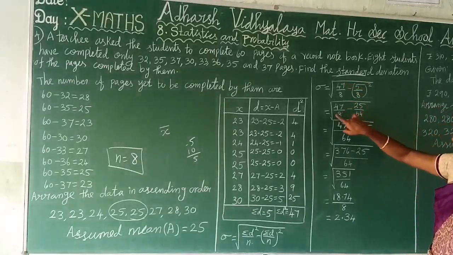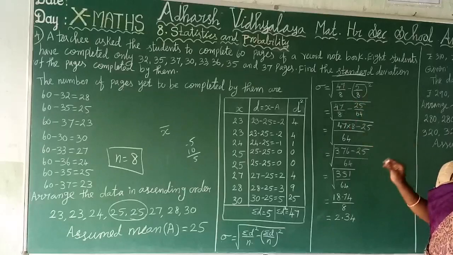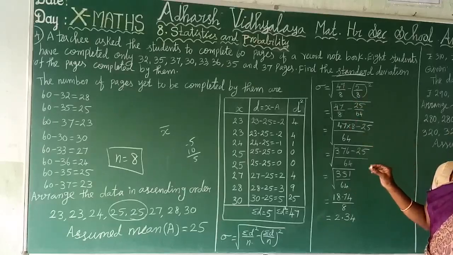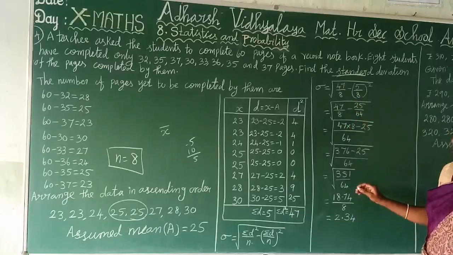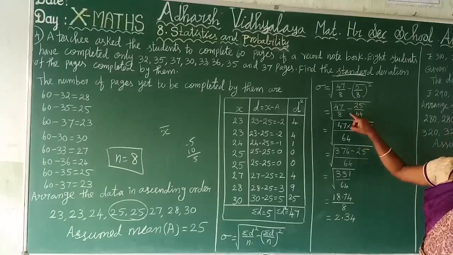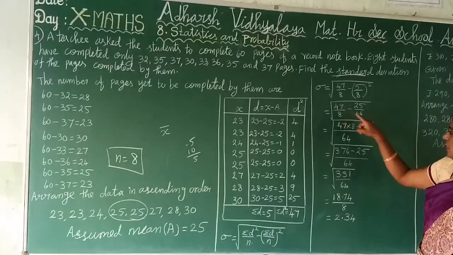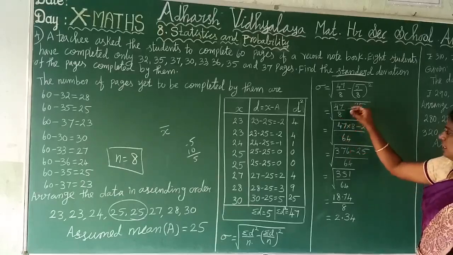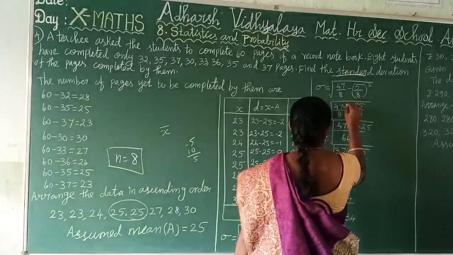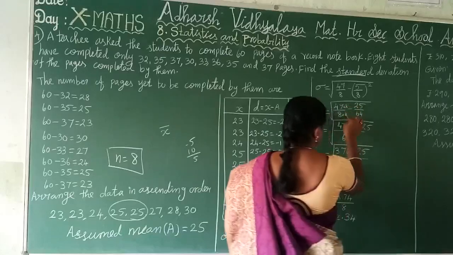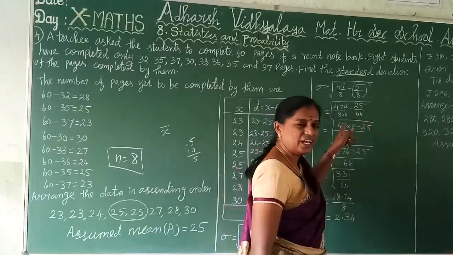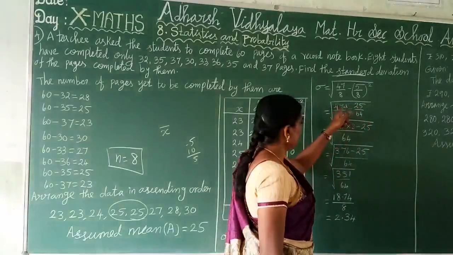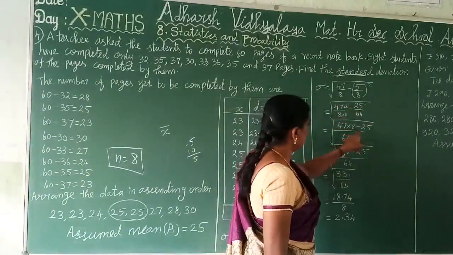And LCM we take to simplify. After that, ordinary simplifications. Already in the lower class you studied, the same method you follow. Clear? So one sum I have got it, remaining sums you try. So 47 by 8 and 25 by 64. What is the LCM of 8 and 64? 64. So which number do we want to multiply again? Here 8 want to multiply, 8 eights are 64. So we make a like fraction. So numerator want to multiply by 8: 47 into 8 minus 25.